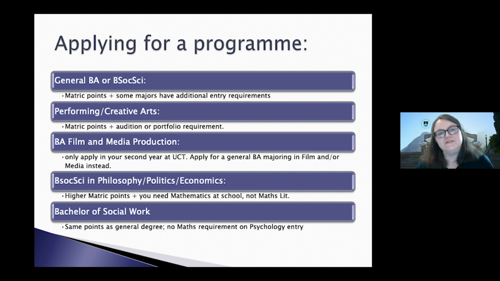You arrive in your first year and we give you a list of the courses you have to do, and if there are electives that you can choose between, there's a small menu of choices, and you can look at the course descriptions and decide which of those options within the degree sounds more interesting, but most of your courses are set. If you're in the Bachelor of Social Work or the PPE, for example, in your first year, you don't get a choice. There are 6 or 8 courses you must do, and that's what you're doing.